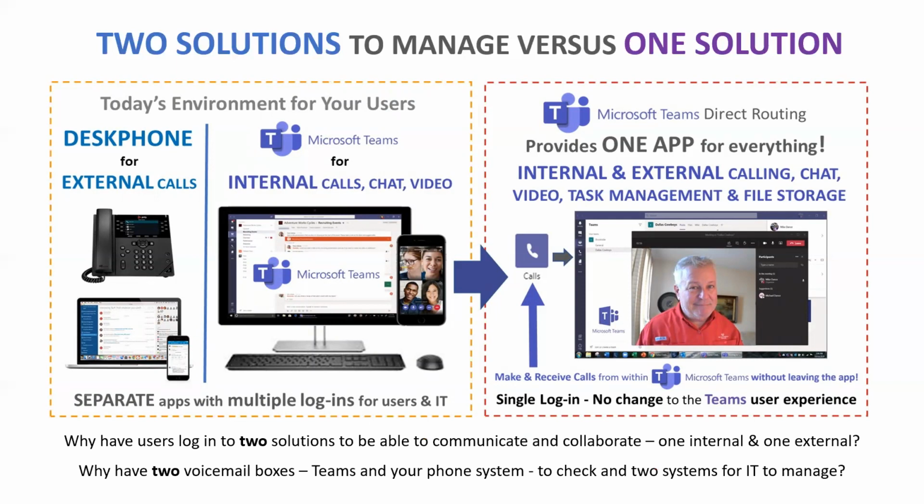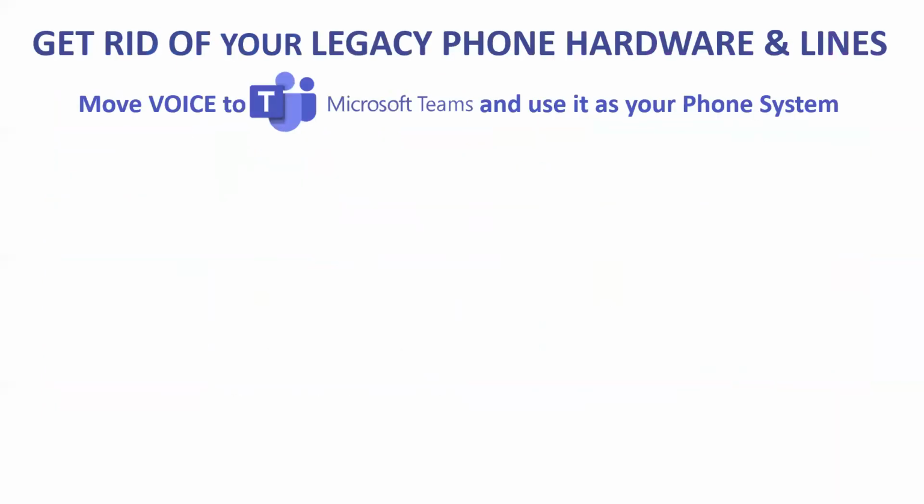So you've got to ask yourself, why would you want to have users log into two solutions to be able to communicate and collaborate, one for internal and one for external, like they're doing today? Does that really make sense? Why have two voice mailboxes, one in Teams, one in your phone system? You have to check two, and they may integrate, they may forward to your email, but it's still not as good. So what you need to do is get rid of your legacy phone system, hardware and lines and all that stuff,